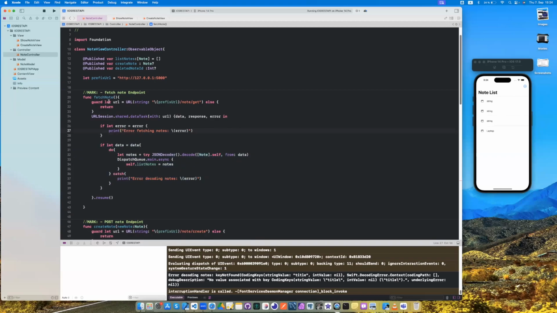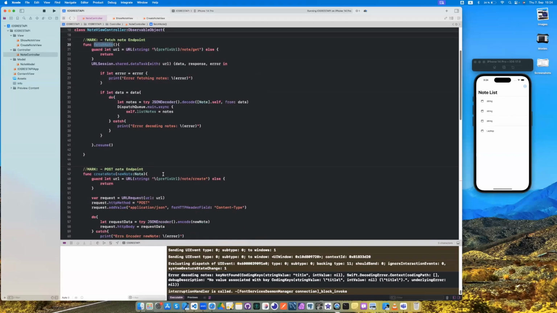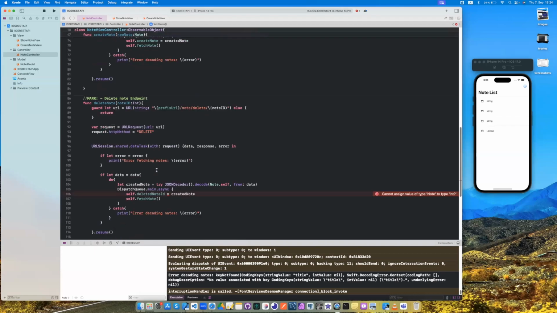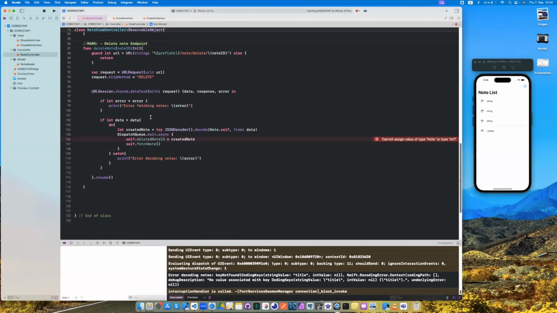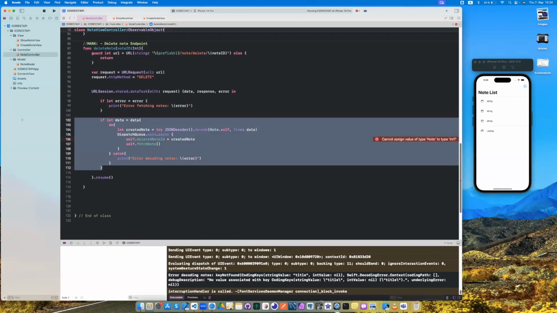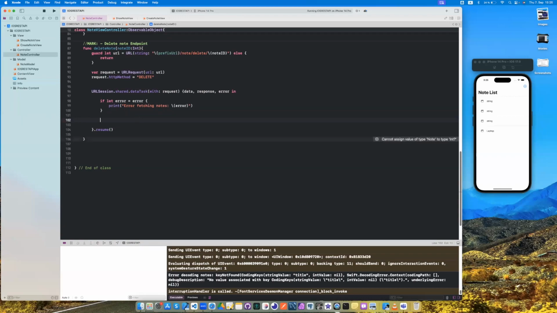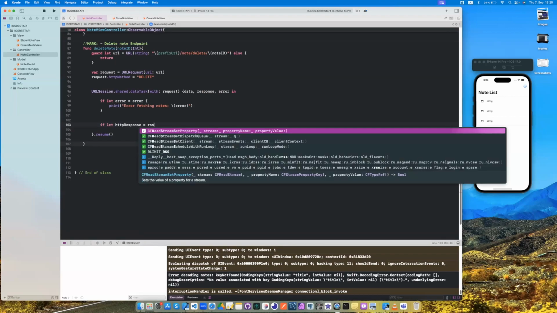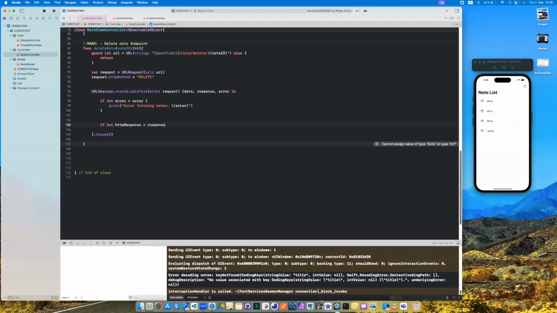Oh, sorry, my bad. Fetch node. And from here, just if let HTTP response equals response